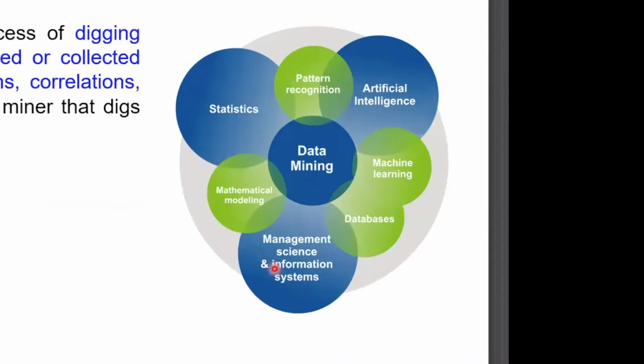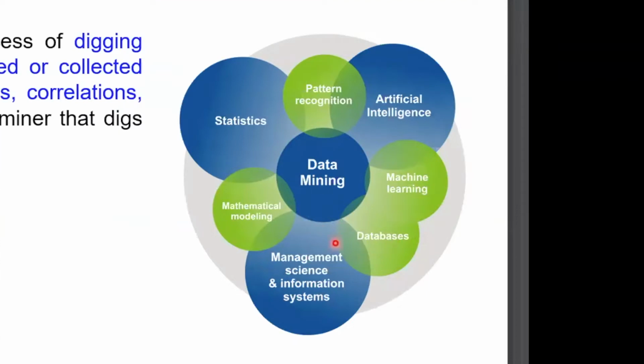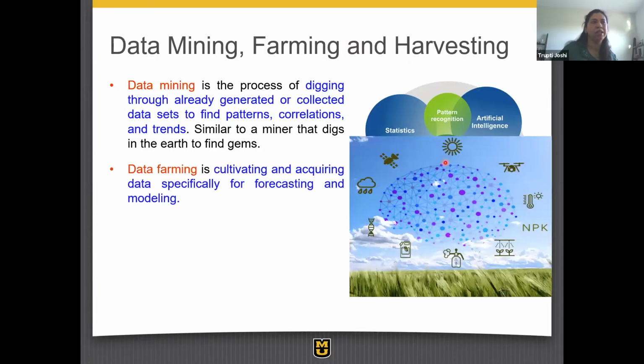where we deal with a lot of these decisions, right? We are looking at digging through the information or the data that's already collected for patterns, correlations, and trends. All of that is encompassed in data mining, where we are trying to apply computational methods like machine learning, deep learning, build infrastructure or databases, frameworks, maybe apply some statistics, mathematical modeling, or try to look at patterns and make inferences based on that. So that is still the most common application, I would say.